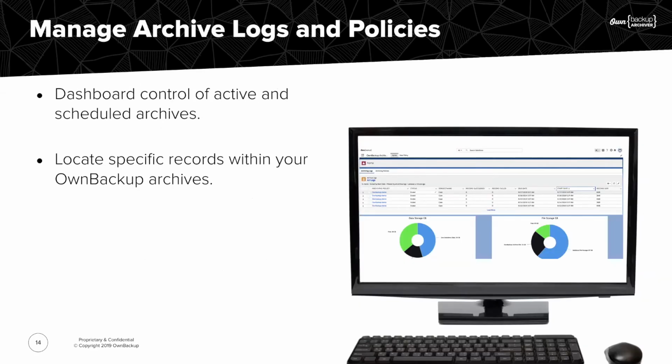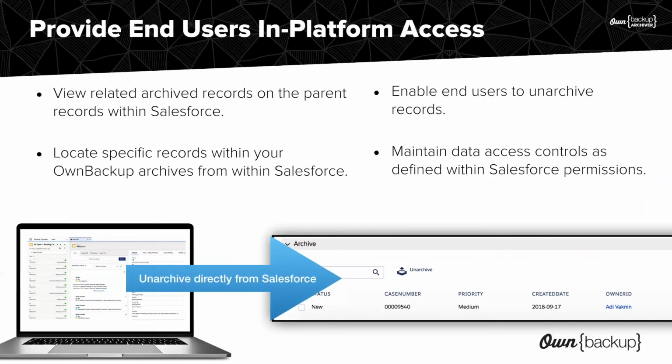And then the same point that I just made really is true of managing the archives. There are dashboards in there that provide access to both your past, present, and future archive operations. And with these advanced search capabilities, it's simple to locate any data that's been archived. That's especially valuable if you need to locate data for an audit or to remove data to comply with a privacy request, like a right to be forgotten or a request to change data. Because remember, that data doesn't have to be just modified in your production environment. It's got to be in all of your archives as well. So we make it super simple to make that happen.